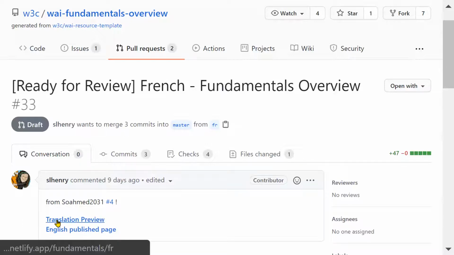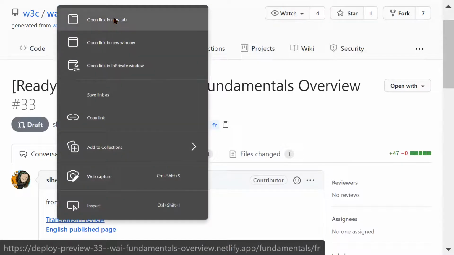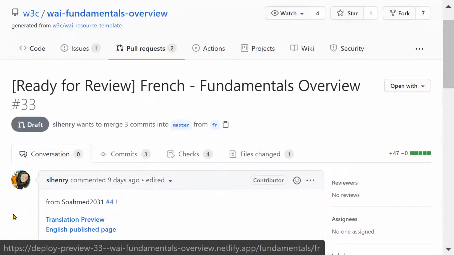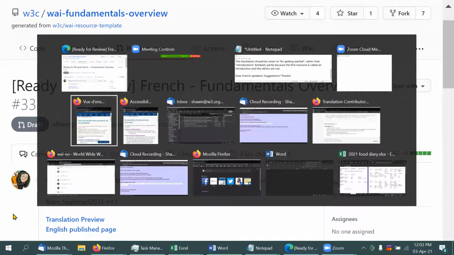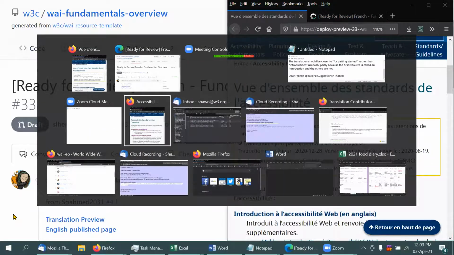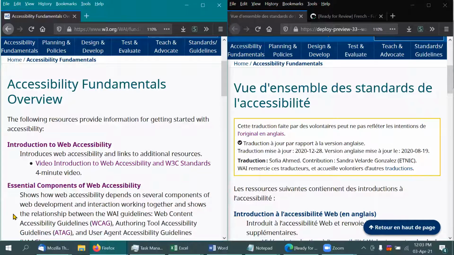So you could, for example, select that to open in a new window. I've already done that. So we're going to look at the French translation and the English translation side by side. Obviously, the translation has an about this translation box that the English doesn't. But you can use this to read, look at the detailed wording, look at the format, the layout, make sure pieces aren't missing, that kind of thing.